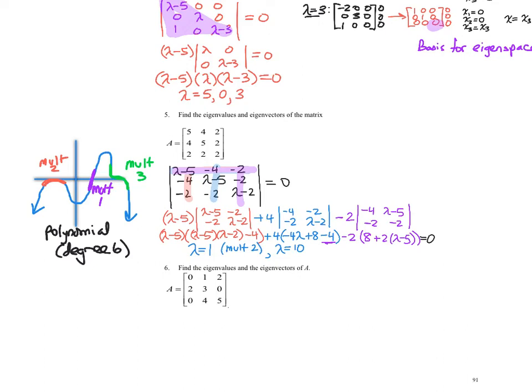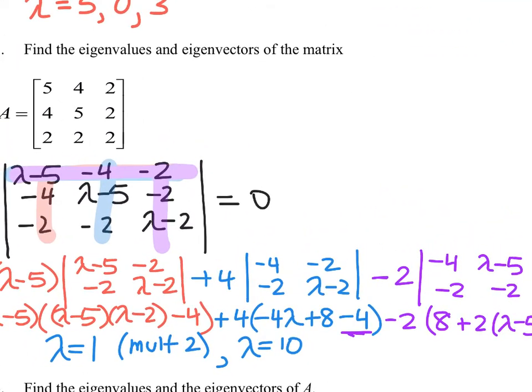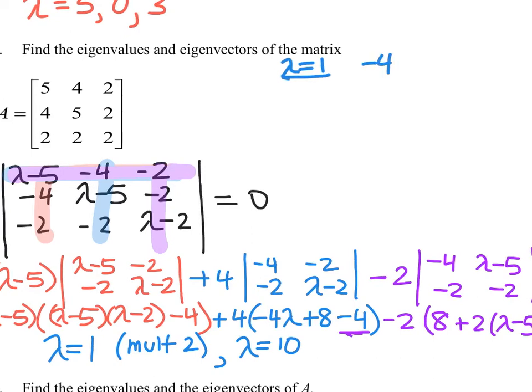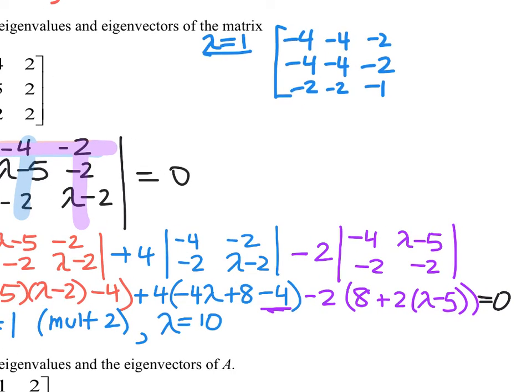All right, so now we have to find the eigenvectors. Knowing that our eigenvalues are 1 and 10, the unique ones anyway. So lambda equals 1, so we get negative 4, negative 4, negative 4, negative 2, negative 4, negative 4, negative 2 again, negative 2, negative 2, negative 1. All right, we're solving the matrix equation again. It's very easy to lose sight of what you're doing, but you're solving the matrix equation